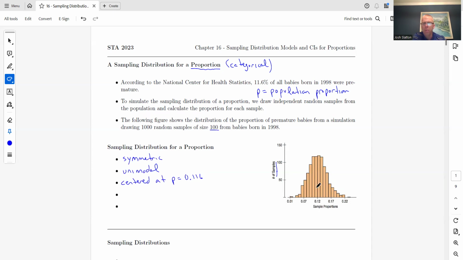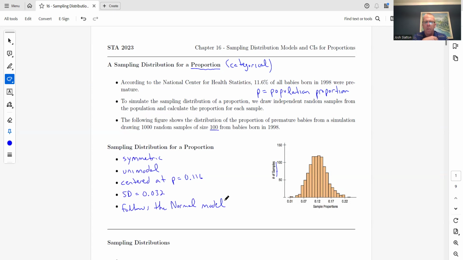It's a little bit off 12, but it's going to be centered at this population proportion P. The standard deviation, we'll talk about in a minute how to calculate, is 0.032, and this follows the normal model. And so we're actually going to be using the normal CDF when we are looking at these probabilities,